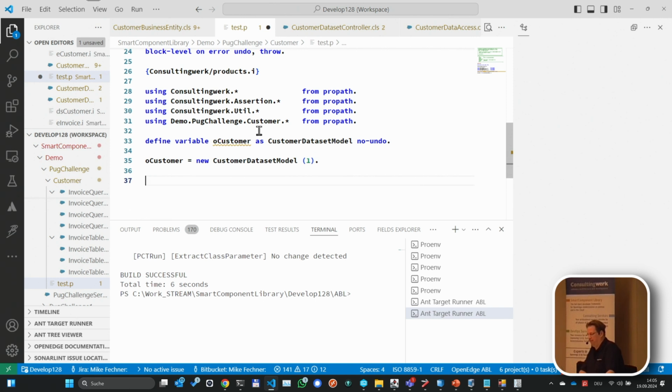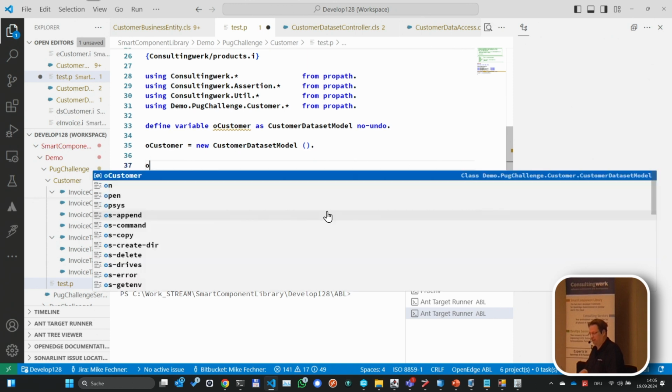I'm now having everything to access data through the business entity. The business entity should be the one place where all the business rules live, like calculated fields that have a different value than something that's directly stored in the database. And when I update records, I store that in the database through this object. When I provide a value to the constructor, it's going to fetch the record based on the primary unique key. If I don't know that, then I can